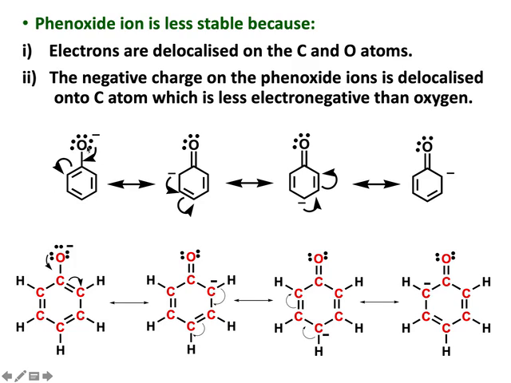So electrons are delocalized on the C and O atoms, and then this electron becomes delocalized in the aromatic. So that's why phenoxide ion is slightly less stable compared to the